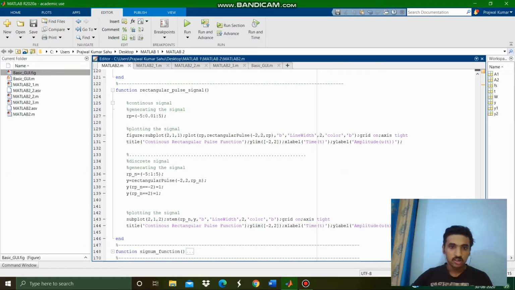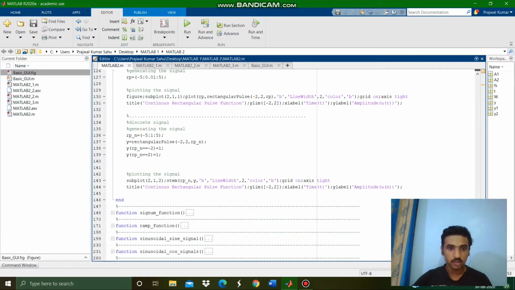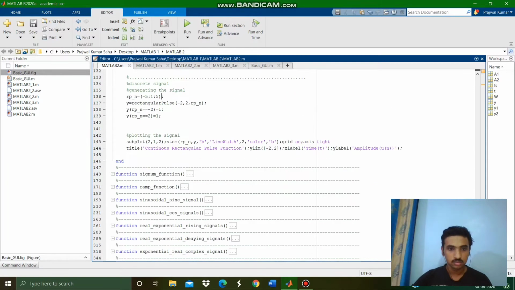Rectangular pulse is used to generate a given pulse, where the input arguments mostly tell us the initial point, the rise point of the pulse, and the fall point of the pulse. I've taken RP as the time domain here and used a similar method to plot the graphs. For the discrete time domain I also use the same, just it is RPN from minus 5 to 5 with steps of 1 as it must be an integer. And as given in the question, the basic sampling time period is 1 second, so all are integers.